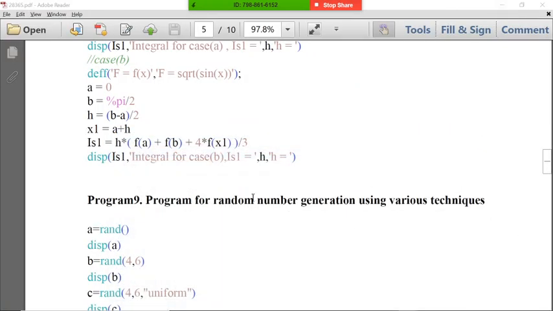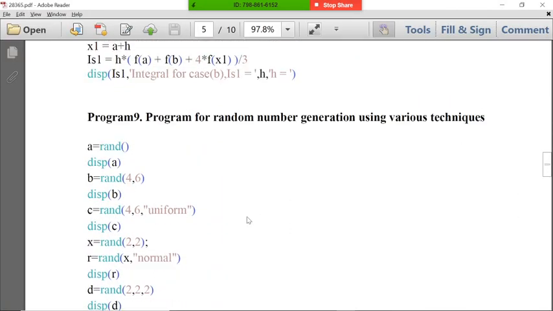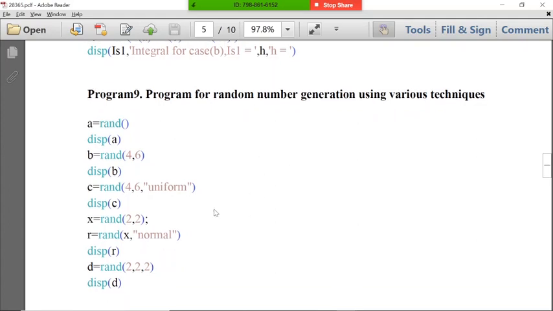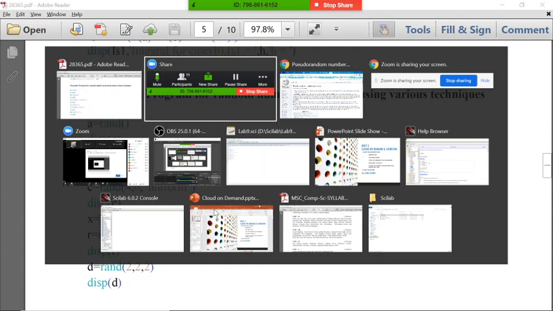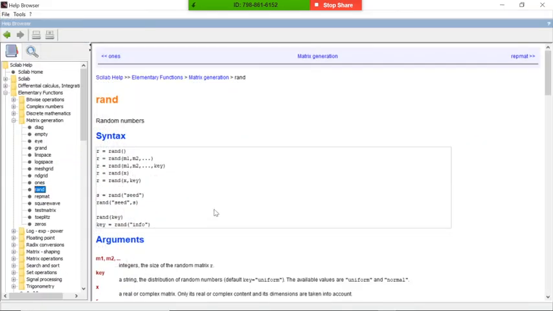Now we will come to our Scilab program and see how we can generate a random number. On the screen you can see the rand method, which is used to generate random numbers. First we will go through the complete functionality of the rand method.